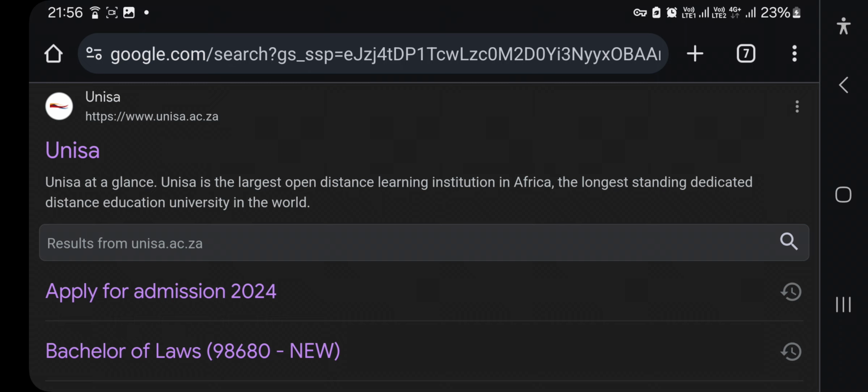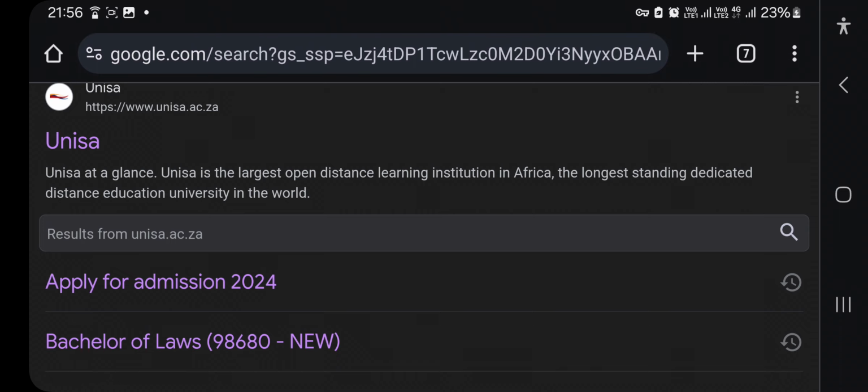In case you want to enroll in Unisa for a short course and you are wondering how much the course is costing, we're going to make it easy for you so that before you apply, you check the amount that you're supposed to pay. If you're working, you budget based on that amount, or if you already have a certain amount, you prepare yourself to pay